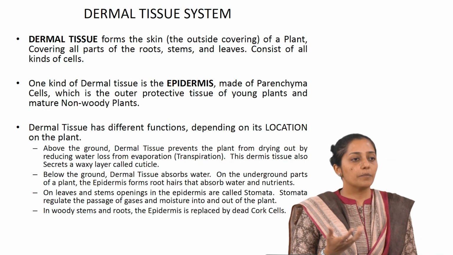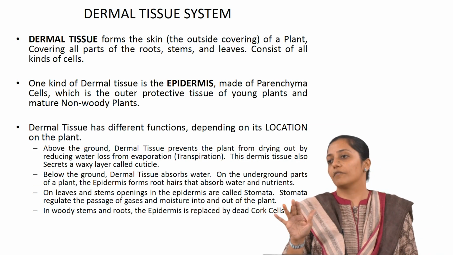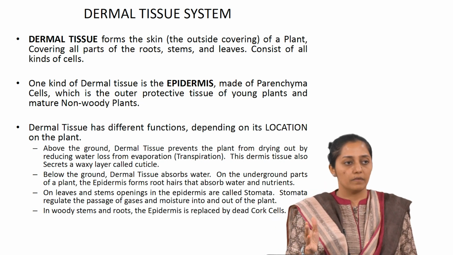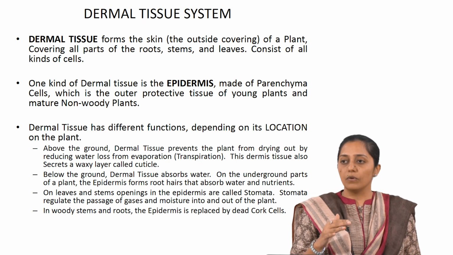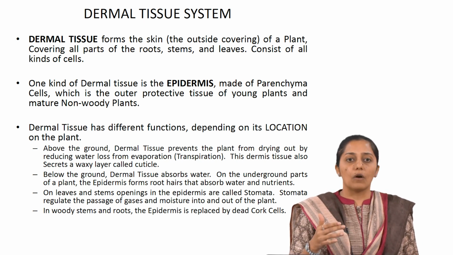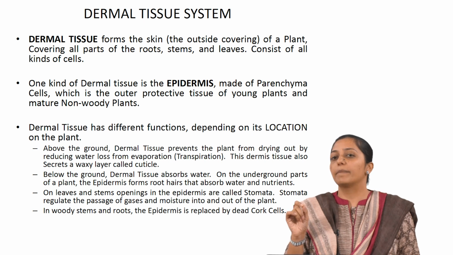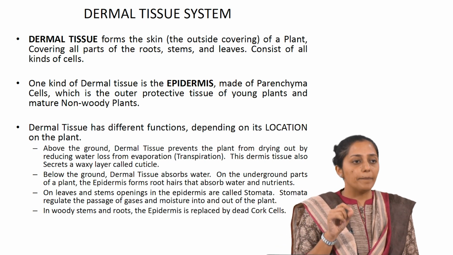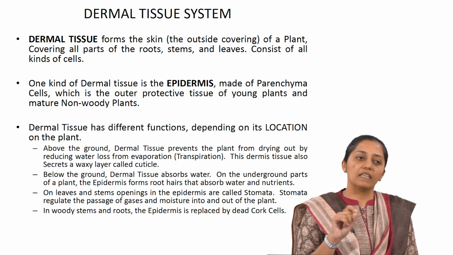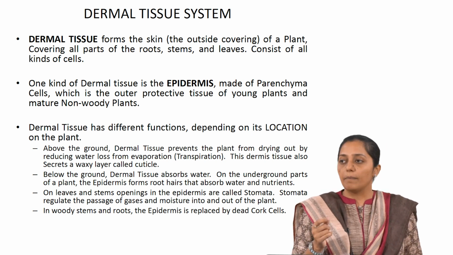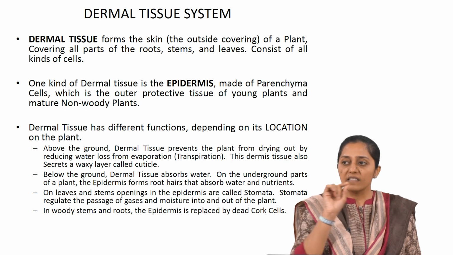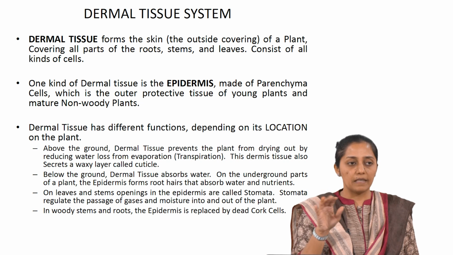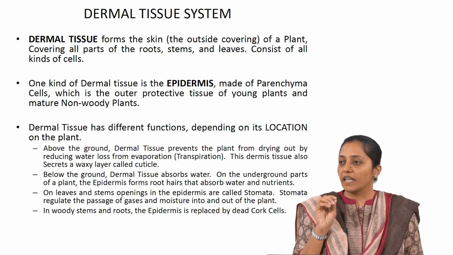Dermal tissue, by the name itself, is the skin of the plant. They are composed of many different types of cells, but let us talk about the aerial parts and the ground parts. One kind of dermal tissue is called epidermis, which you must have heard of even during your school days. Epidermis is mainly made up of parenchyma type of cells. For example in leaves they form the thin skin, that transparent layer, and sometimes these cells at the epidermis also secrete a waxy layer